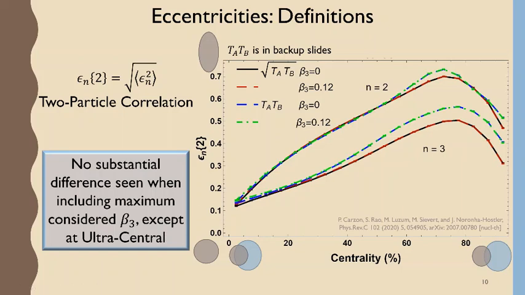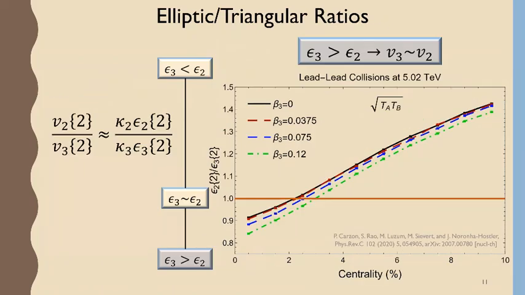So looking at that more in depth, we can plot the ratio. Oh, okay. So we can plot the ratio of epsilon2 to epsilon3. And the further this is below 1, the better. And so we see that indeed with increasing beta 3, you do get a better estimate of this relationship between